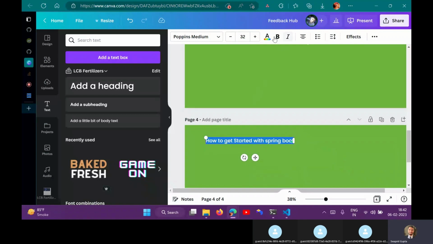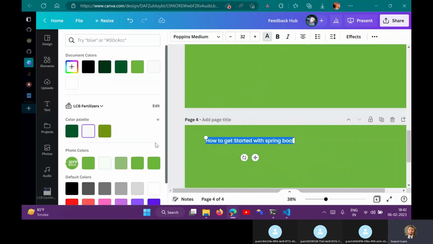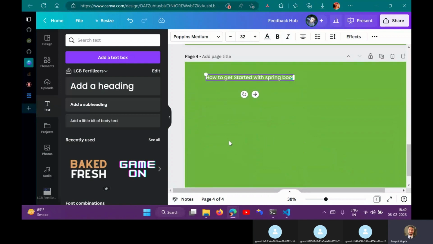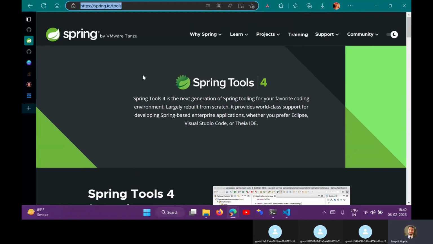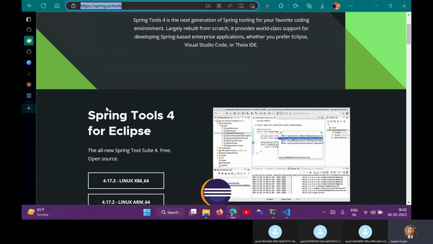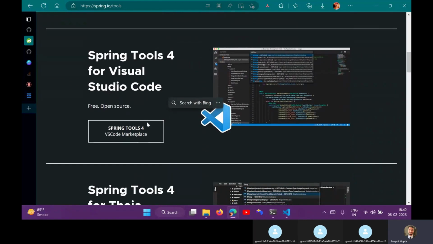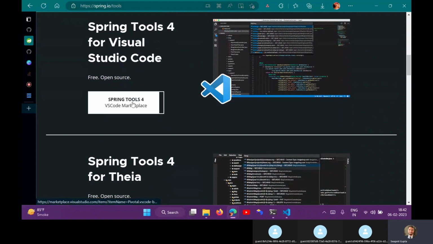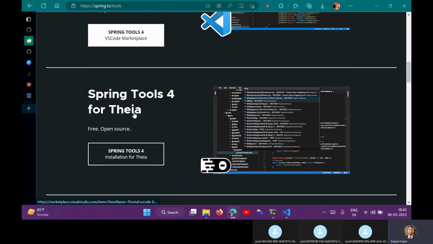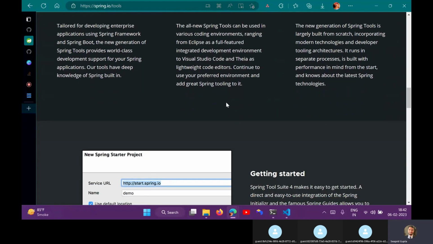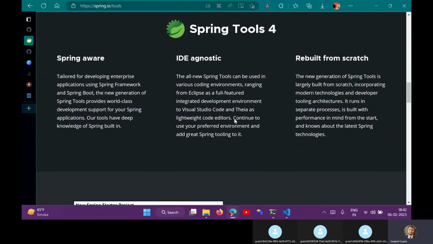But in a similar way, Spring Boot also gives you the advantage that you can just get a head start. You don't have to write all the files. You don't need to configure everything. All you have to do is go to this website and download STS, Spring Tools, right? So you download Spring Tools and choose your Spring Boot application. Once you install that, you can do that. But personally, I use Spring Boot Tools for VS Code, so I can guide you there. And you can download STS, Spring Tool Suite.